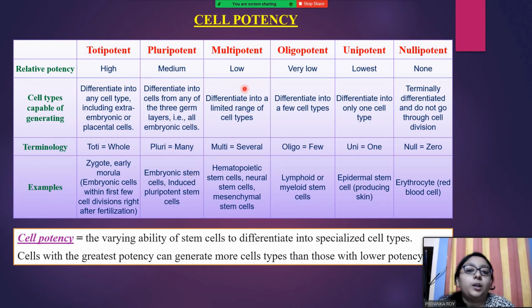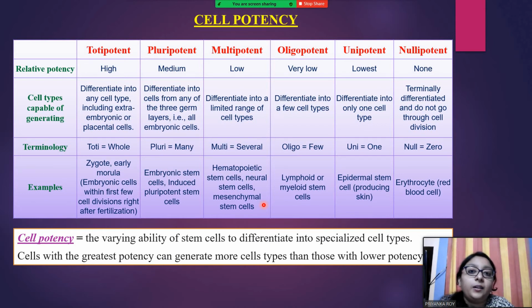So next, moving on to multipotent stem cells. Their potency is lower than pluripotent. Multi means several, so they have a limited range of cell types into which they can differentiate. The hematopoietic stem cells, neural stem cells, mesenchymal stem cells are examples of multipotent stem cells. Why? Because the hematopoietic stem cells are responsible for differentiating into all the blood cell types. As we know, blood contains a lot of cell types, from RBCs to WBCs and platelets, and then